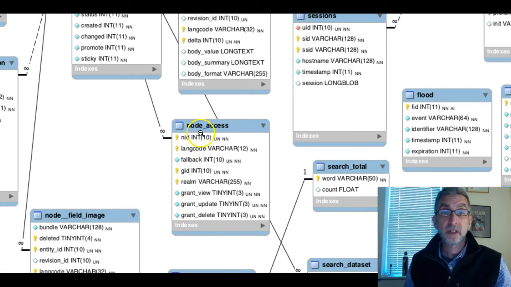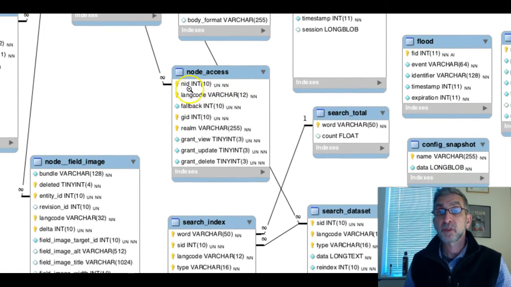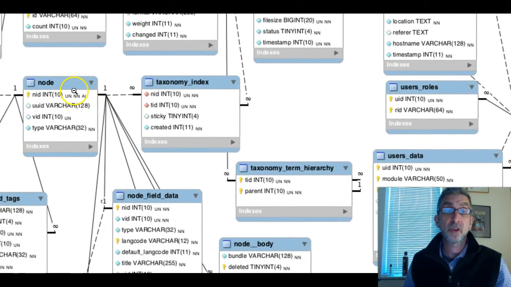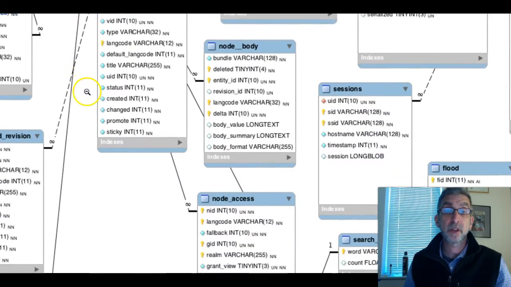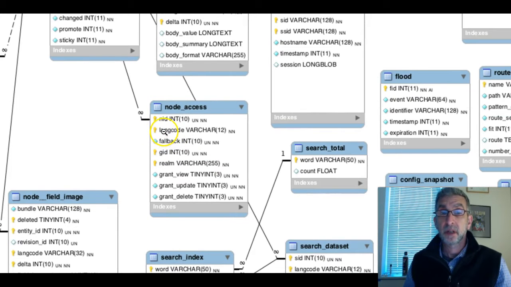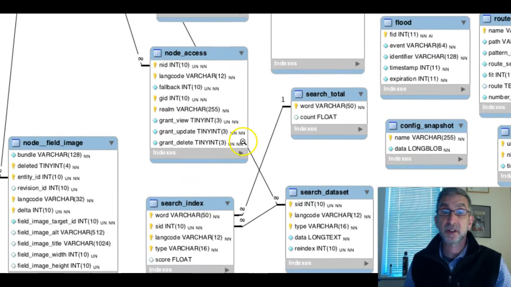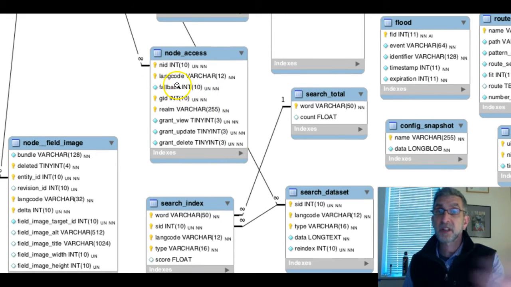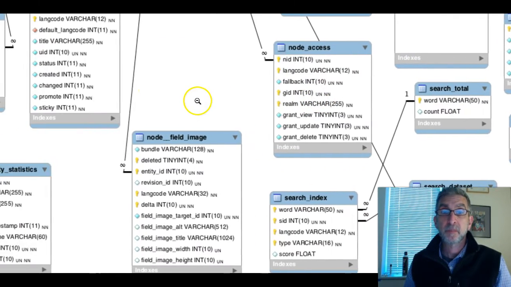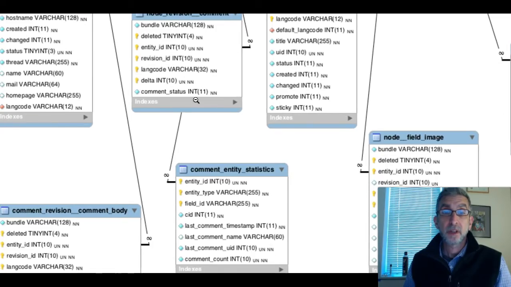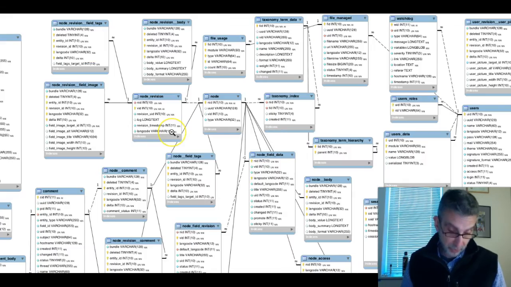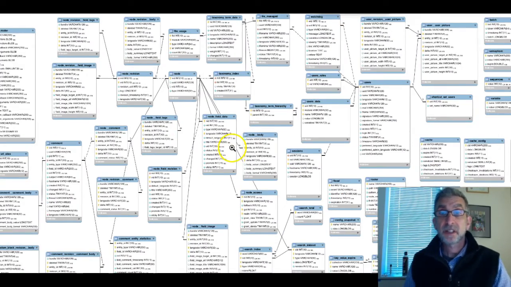Node access. And some tables will have multiple primary keys, which means that this one, let's see, so node is a one-to-many with, follow the line to node access, and one of these other fields can act as a primary key to yet another table. They're not working in that capacity, but when they set up this table in the database, they said, listen, this is the field that might need to be a primary key. So that's basically, so you can see how complicated it can get. So then again, I'll reduce that in size. So you can see that